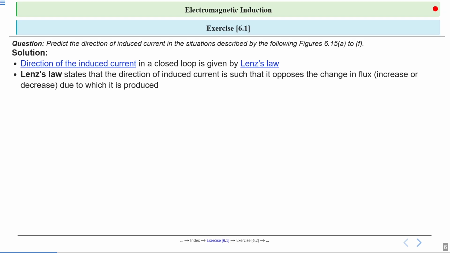And what is the cause here? Change in flux. So in every case, there will be a change in flux. Okay, either increase or decrease, due to which EMF will be induced such that it will oppose the increase or decrease in the flux. So there is a figure 6.6, an illustration of Lenz's law that we have discussed